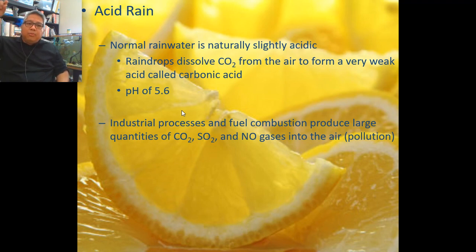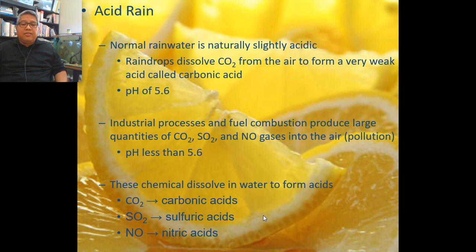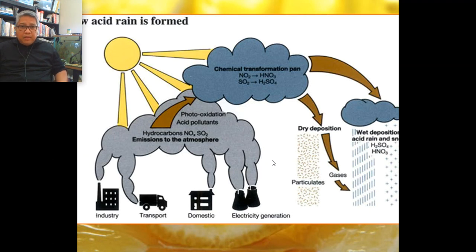Okay, when they combine with water, the hydrogen from water will combine with them, then you have a lot of acidic materials. Now you have acid rain. Now pH will be less than 5.6. So these chemicals dissolve in water to form acid: carbonic acid, sulfuric acid, and nitric acid. Sources will be industry, transport, domestic electricity generation, and a lot of those things. Now, when they go to our atmosphere and then combine with water, when it starts to rain during spring,